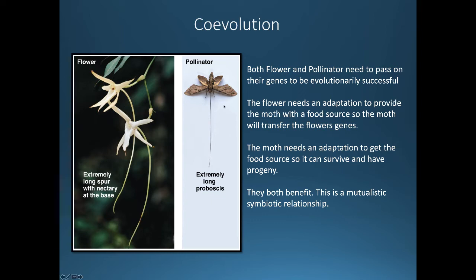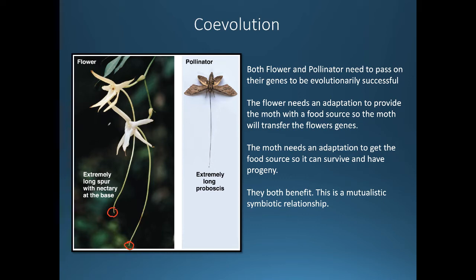So the moth has to have some kind of adaptation that makes it unique. In this case, this moth has this very long proboscis, essentially a tube that allows it to acquire nectar from this plant. And in this plant here, you see, well, you can't see it, but I'm telling you, at the very base here, this is where the nectar is. And so a fruit fly would be very frustrated on this plant